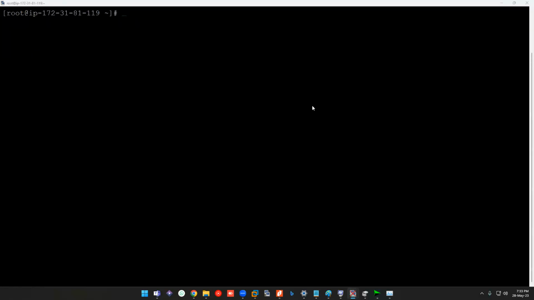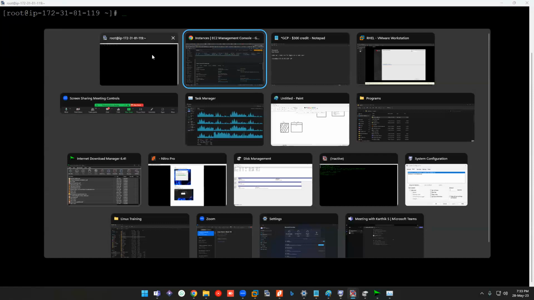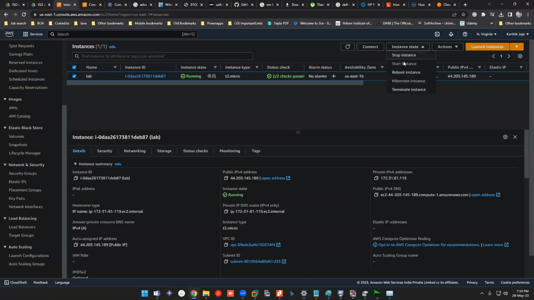It will take hardly 10 minutes for you to spin up an AWS instance. Once you're done, always make sure you stop the instance. You must stop, so don't terminate it right away. There won't be any cost incurred for having an instance. Only when it's running do they charge the bills, right? Obviously you are the one using it, so you need to pay to AWS or Amazon. Okay, so this is for Amazon.